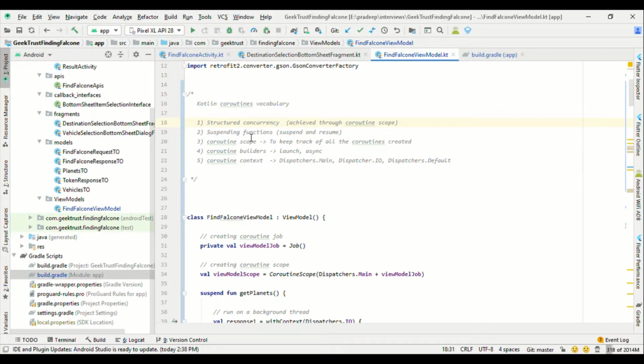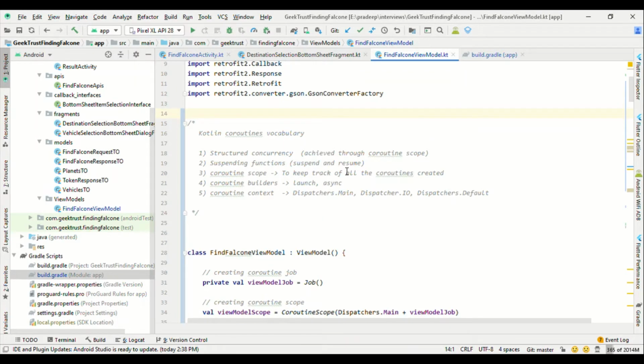Like we know, threads are there to provide concurrency. So what is structured concurrency? When we create a thread, that will be in the global scope. Global scope means threads will be associated with the entire application. But in Android, we need something like all the threads that are started as part of one activity should be cleared when the user moves away from that activity. So that is where structured concurrency helps us.